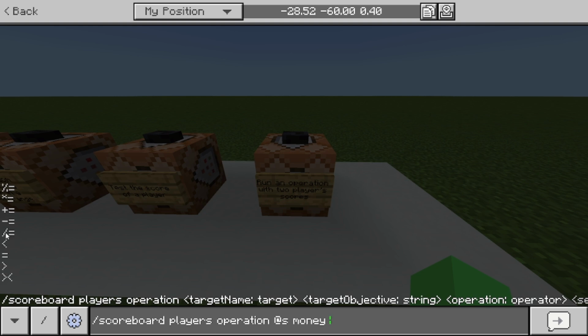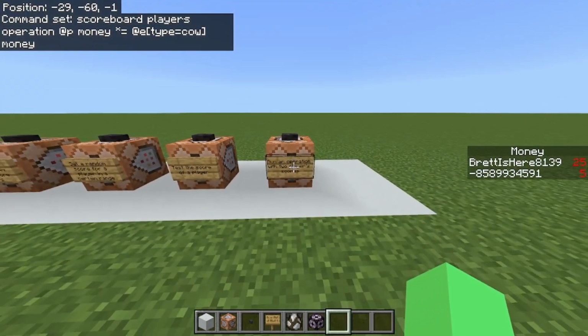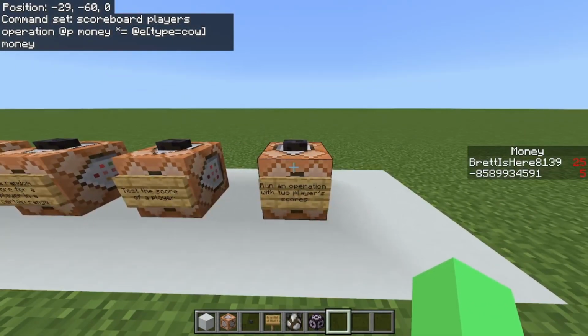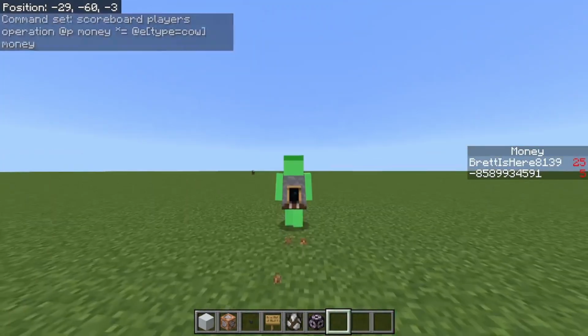Then there's divide. There's dividing, and there's also these greater than equal to. It basically sets it to the score that's higher out of the two. So I don't know, there's not a lot of places we'd use that. Then the equals, I'm not really sure what these two do. I don't know why you'd want to do that, but there's a lot of useless ones I feel like you'll never use, but basically that's how you would use it if you wanted to.